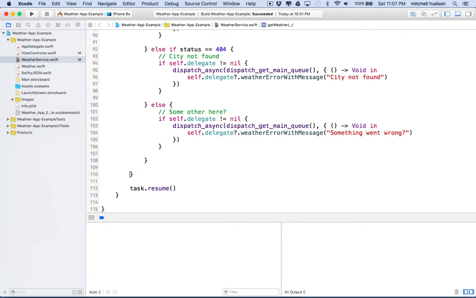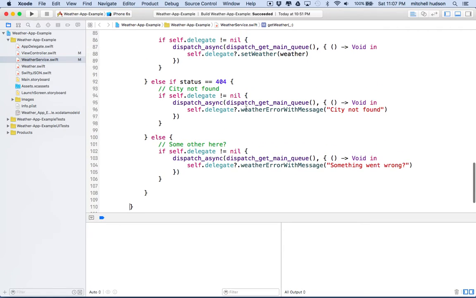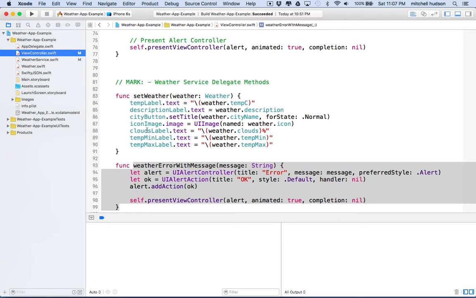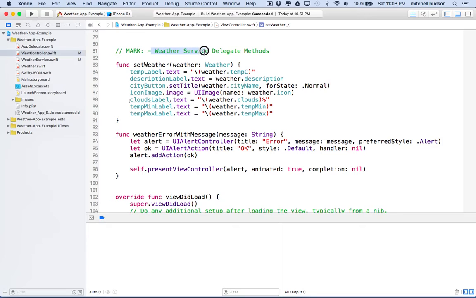So again, when we call weather error with message on the delegate, then we should be back here in the view controller, and we're in our weather service delegate methods. And this method here, weather error with message, receives the message, and then we created an alert box that's going to display that error message. So, if we test now,